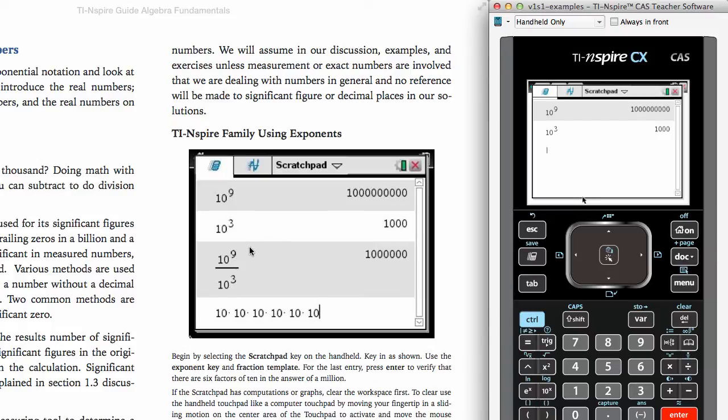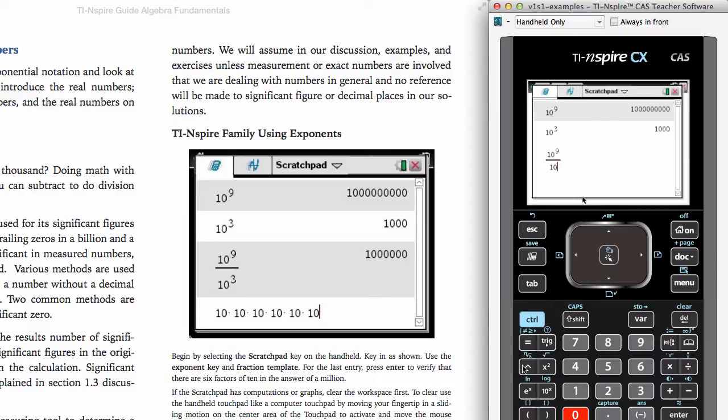To show division, which is actually going to turn out to be subtraction of exponents, we can do it with the division, or we can use a template. With math input being pretty, templates are a nice technique to use. So we can click over here with our control. It will give us the numerator. So we put in 10, raise it to the 9th power, use our arrows to move down, put in 10,